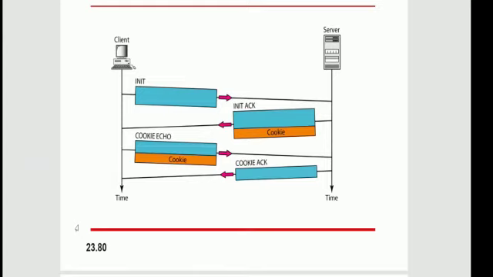What is 4-way handshaking? First, the client sends the packet containing an init chunk. For this direction, there is no verification tag. Second, the server transmits the second packet containing the init acknowledgement chunk. In the init chunk, the verification tag is the initial tag field value. Third, the client transmits the third packet containing the cookie echo chunk. This chunk is very simple, containing the echo without any change of the cookie sent by the server. And fourth, the server sends the fourth packet including the cookie acknowledgement chunk, which gives the acknowledgement receipt of the cookie echo chunk.